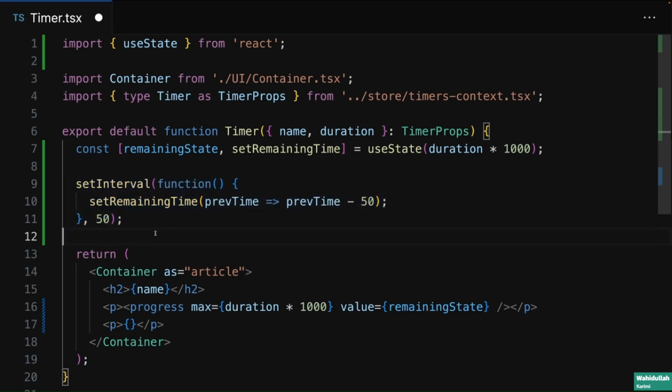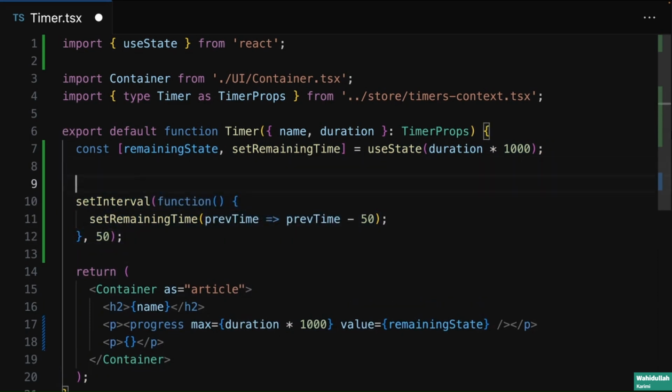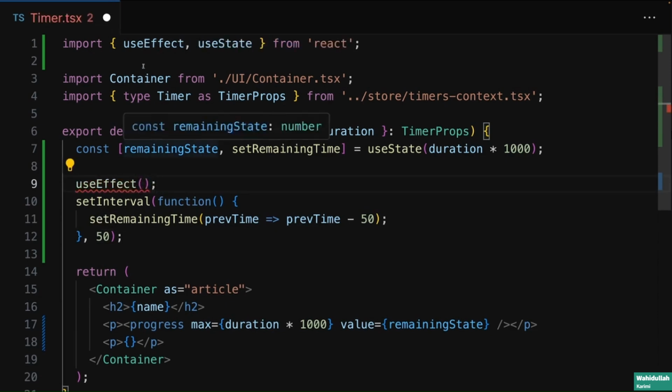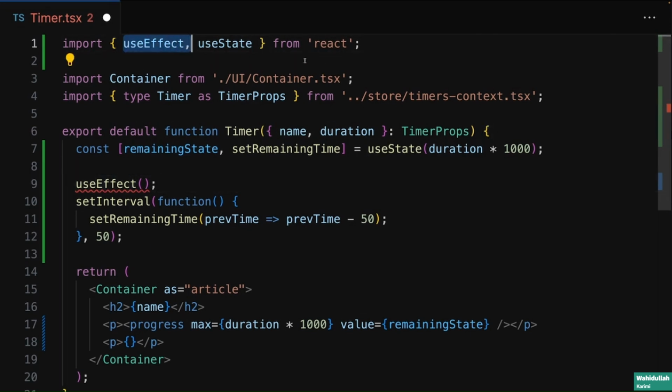And therefore we'll add more and more intervals and will effectively end up in an infinite loop due to this code, which is really not what we want here and which would break our application. Therefore, this is an example for a side effect that occurs in a component, because managing this timer is not the main task of this component, it is a side effect, and it's an example of a side effect that should be managed with help of useEffect, another hook that's provided by React and that should be imported from React